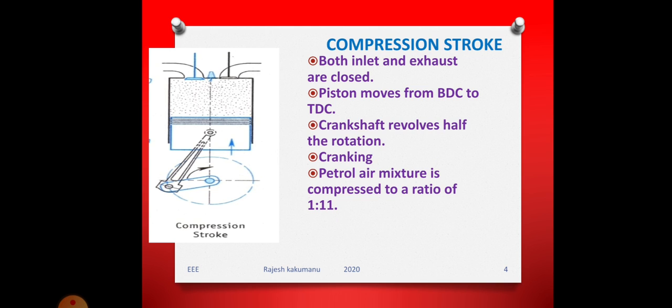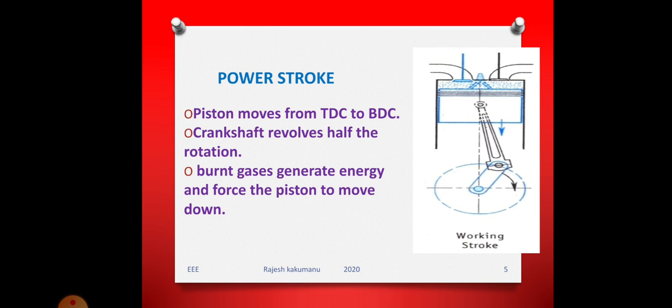At the end of the compression stroke and the start of the power stroke, ignition takes place. Now see, the mixture is ignited by the spark plug. Whenever the piston is going upwards and compressing the air and fuel mixture, within a fraction of a second the ignition takes place near the spark plug, thereby the engine starts. Now see the power stroke. In this power stroke, see the figure.